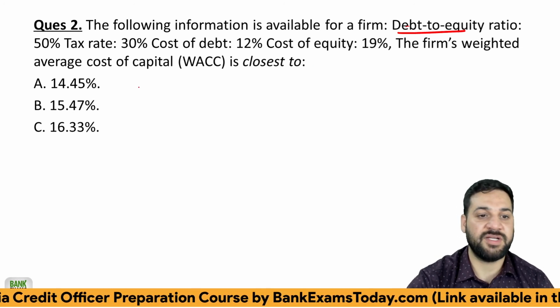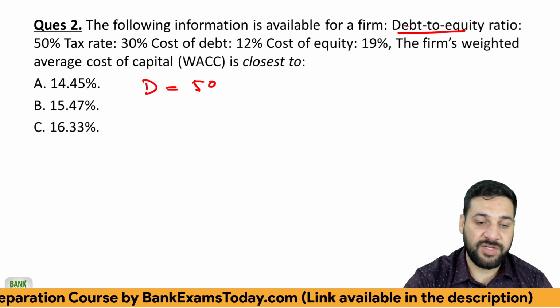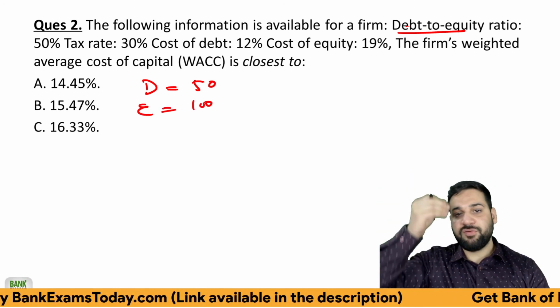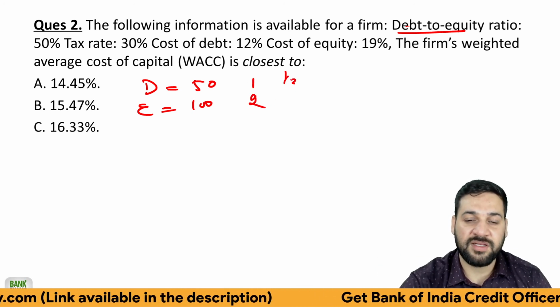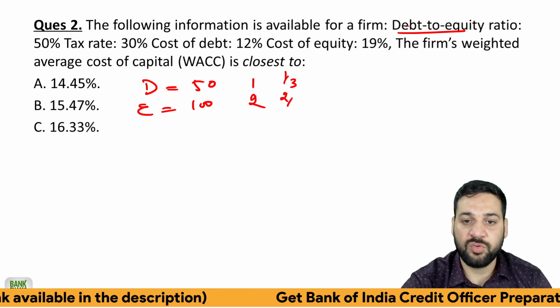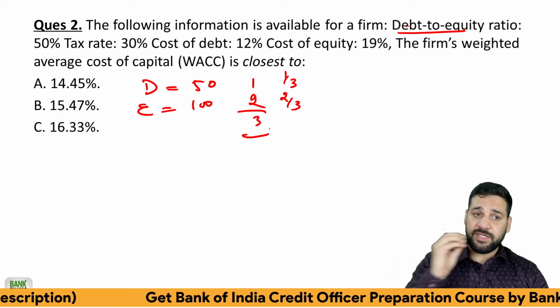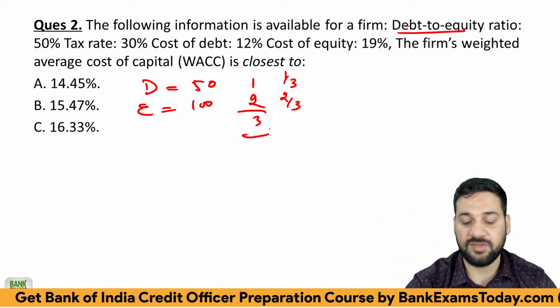Question number 2, which of the following information is available? अभी फिर से debt to, यही important है, debt to equity ratio. If debt is 50, equity is 100. Debt to equity ratio, debt is 50, equity is 100. So if debt is 1, equity is 2, तो weight कितना आ गया, 1/3 2/3, ठीक है। याद रखिए, if debt to equity ratio, debt is 50, equity is 100, ठीक है।